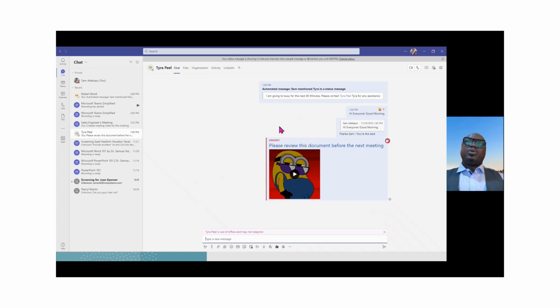And only the people in this chat can view and respond to this chat, because this chat is non-threaded, unlike sending a message in the Teams, which is a threaded message. Anyone that views that message, members of the channel, will be able to work on that document and be able to respond to it.